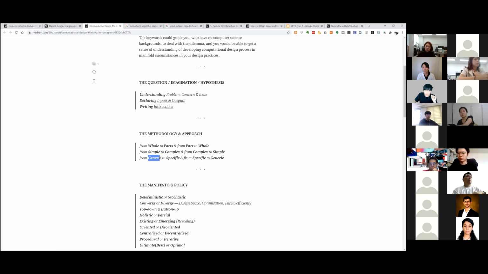And also, this is a very important thing, specific to generic. I think I would like to cover that part, basically. Because, for example, as I said, Dr. Jung-Yeon and I developed this plugin, right? So we started from a really specific problem. We wanted to get the shortest path in this particular system, right? So we have a very specific thing.